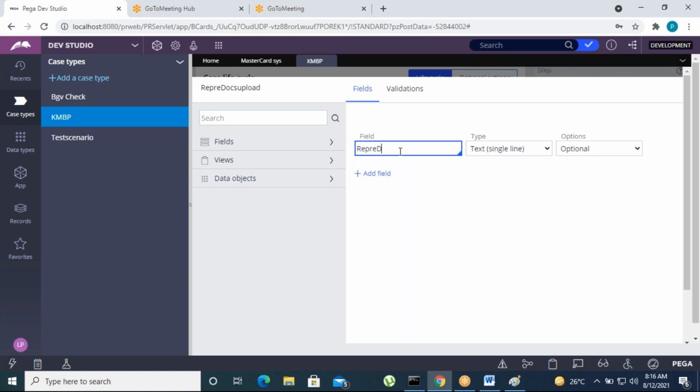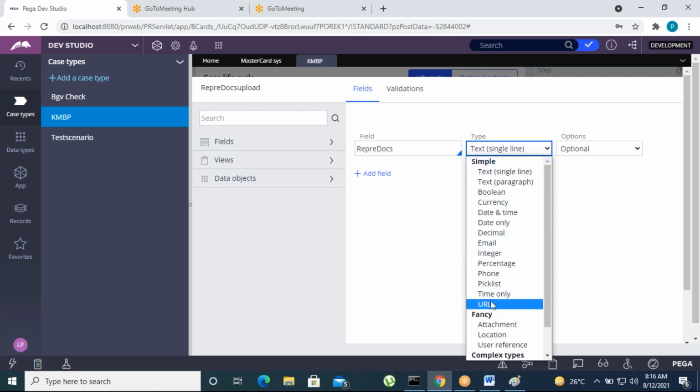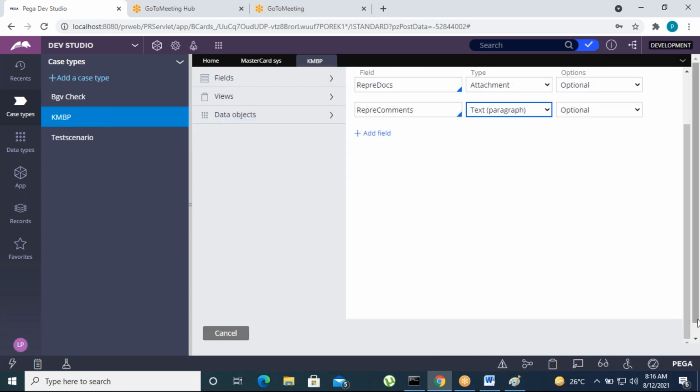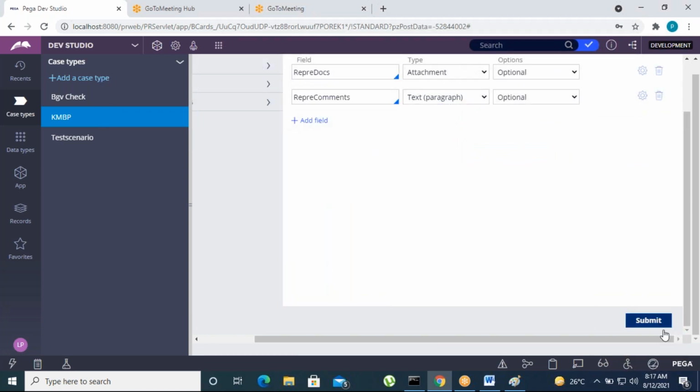Okay, repri docs means some attachments, correct? We'll go for the field type attachments, then repri comments. Okay, these are the two properties. Repri comments is a paragraph, that's all. And we can click on submit now.